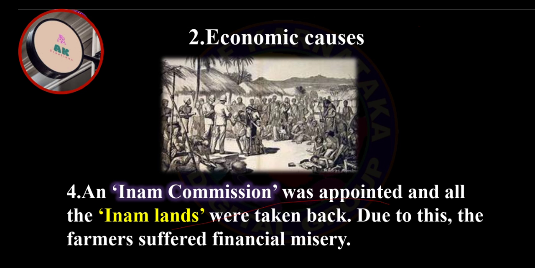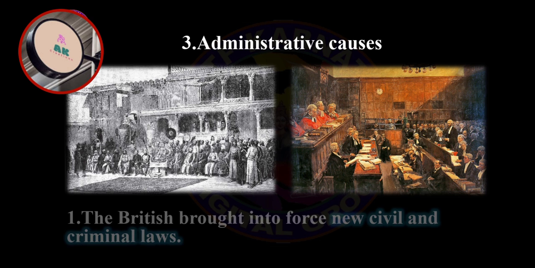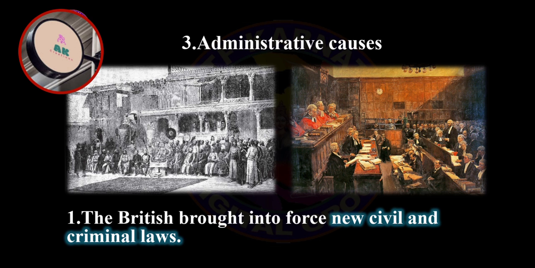Okay, and then we'll move on to the next and most important topic, that is administrative. Before that, I think you understood these things, right? So in the economic causes, children, you have to understand taxation, and then traditional handicrafts and industrialization. In these two you have to understand this one. Now we'll move on to the administrative causes.